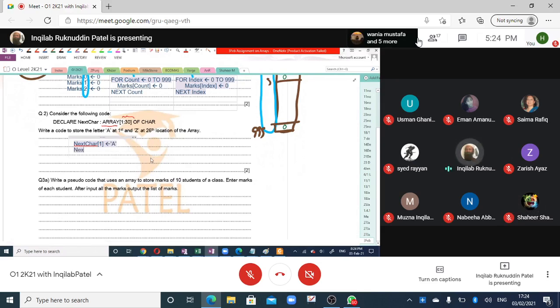And for the Z, what will we do? Yes, beta. Next char 26 and Z. Remember that next char is a char variable, right? Char means character, means you will store a single character, means you will use single quote.